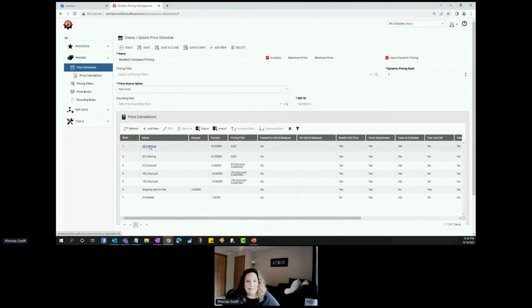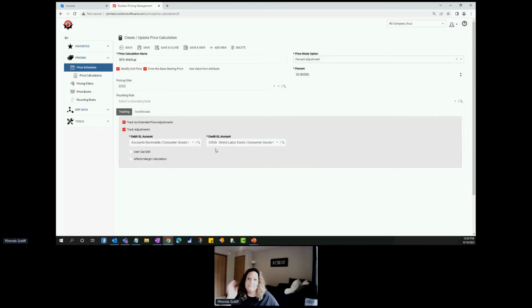But let's go look at this 30% markup calculation. So I have my calculation name. This is where I've determined that it's a price adjustment of 30%. You can also do a fixed adjustment. You can do it a percent of something. There's different options. The modify unit price, you want to mark this to make sure that you're going to modify the unit price. If you just want it to calculate but not affect the price of the item, you can